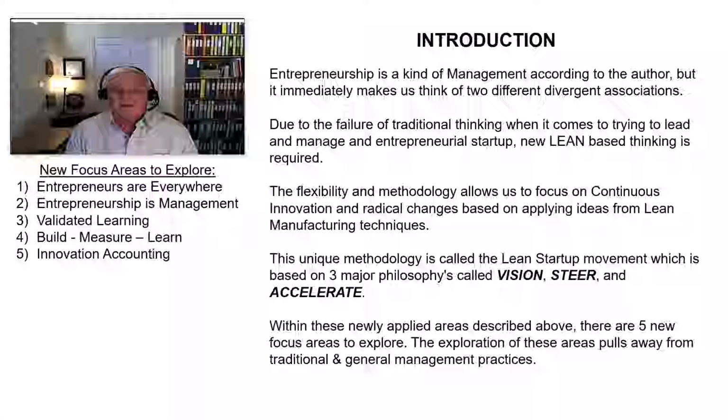The big thing I want you to know is that this book is broken down into different sections. So there are three major sections, and they're called Vision, Steer, and Accelerate. And within each one of those sections, he has many, many different areas that we're going to pull at. So we're going to explore a lot of different areas in there. But one of the things that he really talks about is integrating lean manufacturing techniques or lean manufacturing leadership and management philosophies into the entrepreneurship model. And that is not something that has been there previously. And by doing that, it allows him to really focus on continuous innovation to create radically successful businesses.